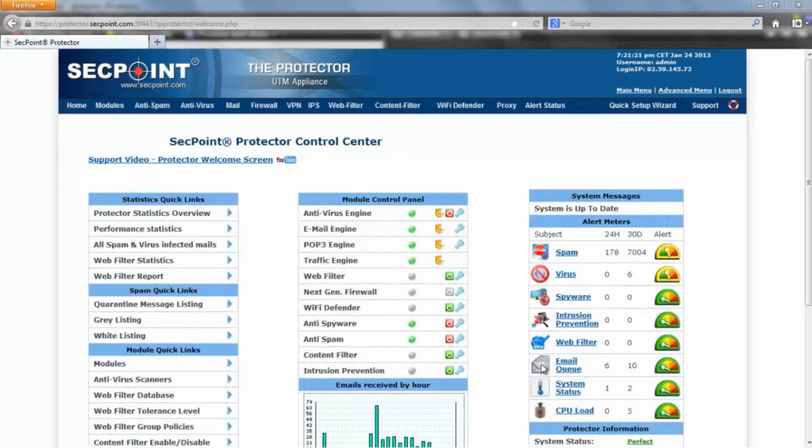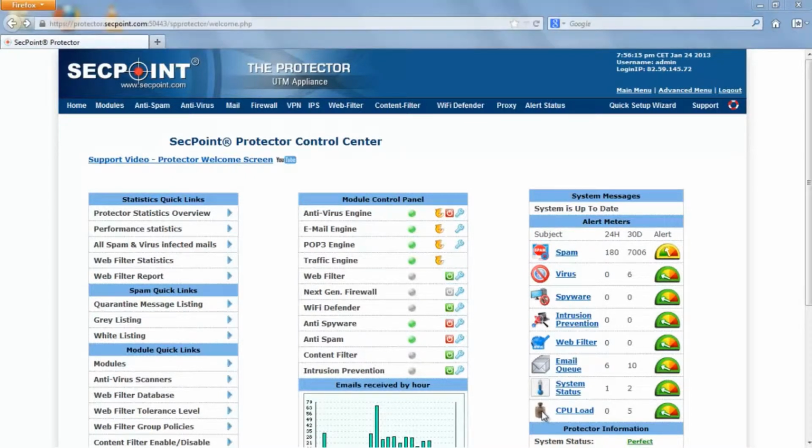Now, you will receive alerts when the length of the queue of incoming mails becomes too long, or when the number of items in the system status that are not green is too high, or when the CPU load exceeds 50% too many times. And just like every other item in the Alert Center, you can keep under control these